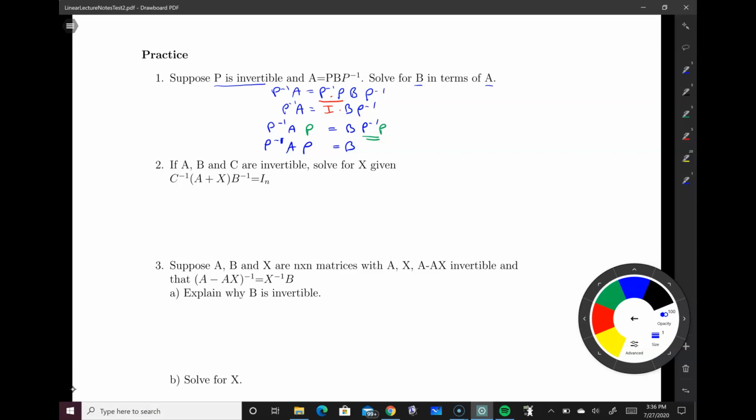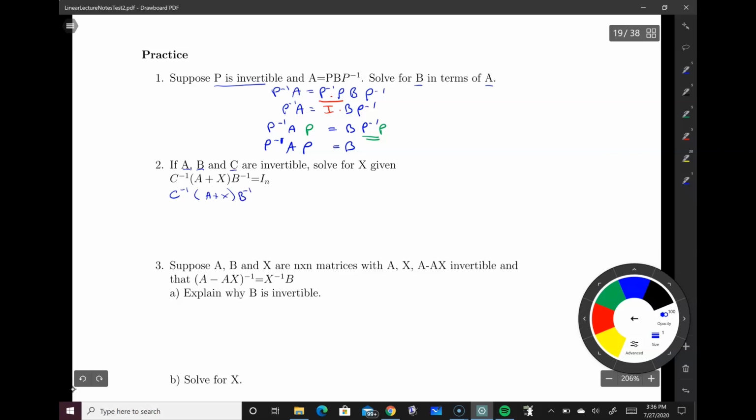All right, so here we go. Here I have C inverse A plus X B inverse equals I. Okay, so A, B, and C are invertible. So that means I'm allowed to multiply by its inverse, and I want to solve for X. It doesn't have to be this way, but I'm just going to start